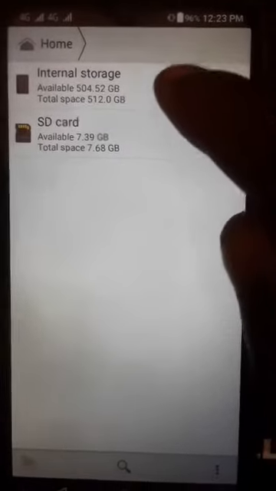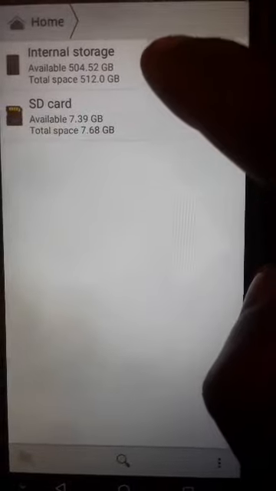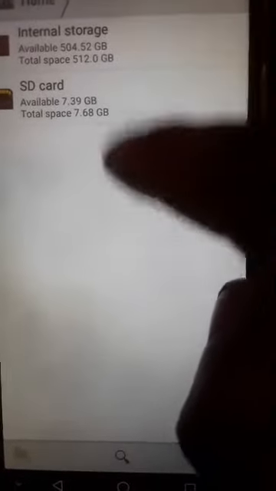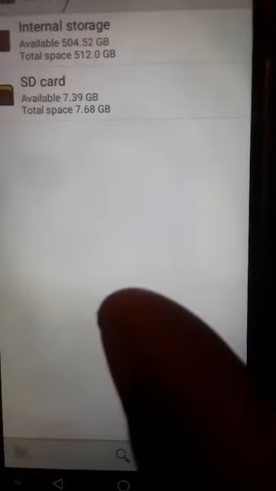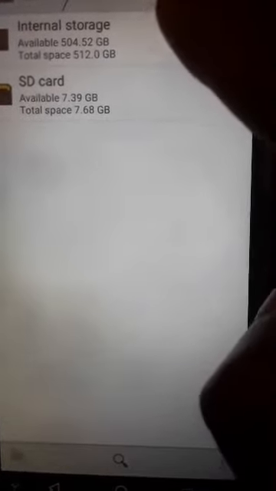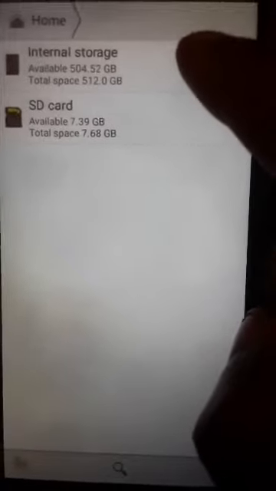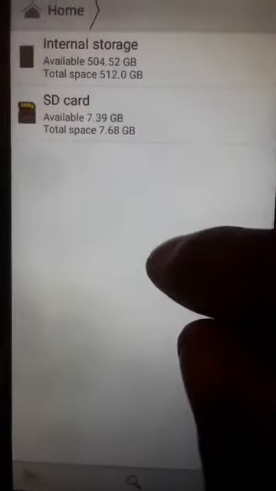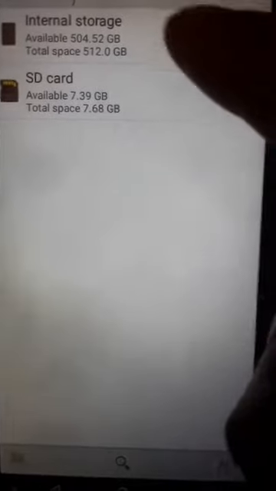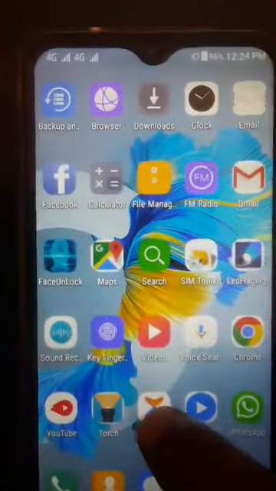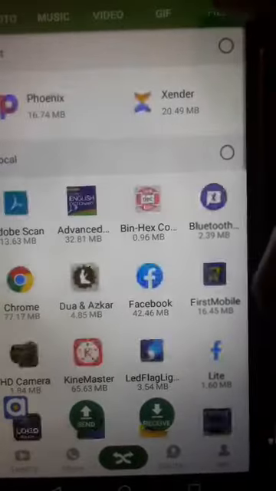Why I say this 8 gig is because I already have something about 4 gig plus, and if I decided to add any video or any other thing that is up to 4 gig, or any document here, I will see an error that there is no space, because it's only 8 gig. So I used software again to check this. I used Xender for my system, because this is one of the things we normally use to check if the size of the system is actually as stated by any phone we are using.